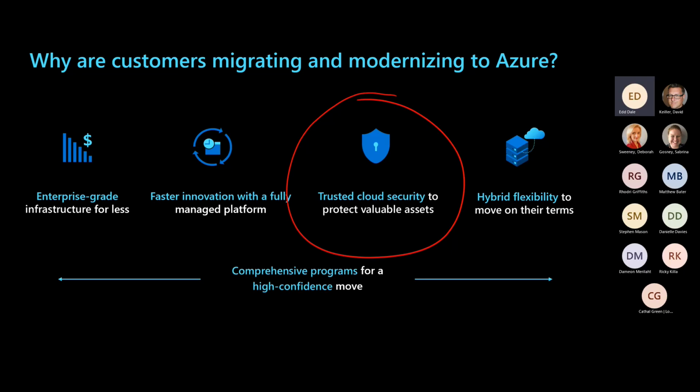Now, it comes as a surprise to some, Microsoft is actually a security company. A lot of people don't think of Microsoft as a security company. You know, when you think of Microsoft, you might think of things like Word, PowerPoint, Excel, not necessarily security. But according to Forrester and Gartner, Microsoft is one of the world's best security companies. That makes Azure the only cloud manufactured by a recognized security firm. And that, again, is a very powerful message to be able to take out to customers, utilizing a cloud that is built by a recognized security company.